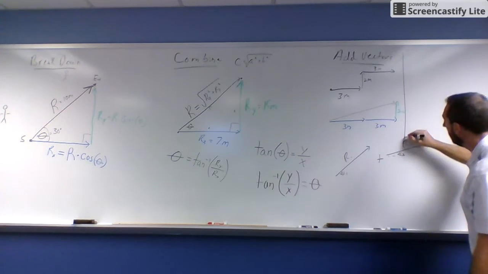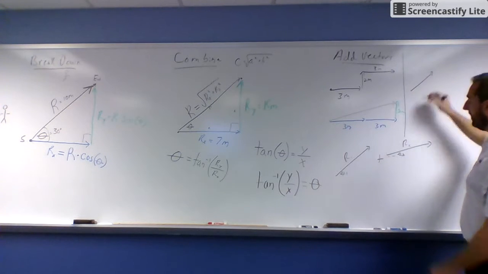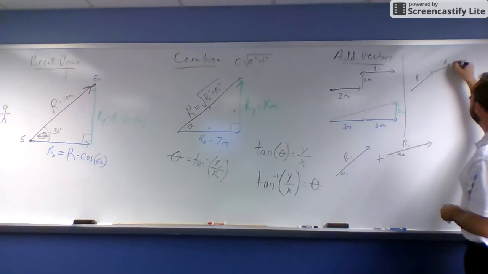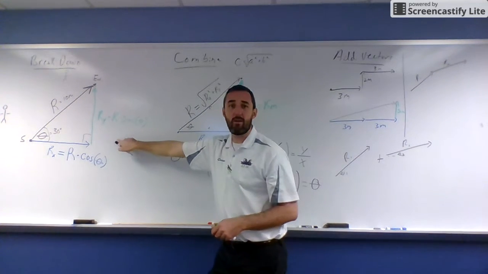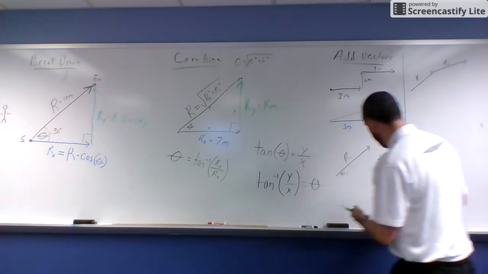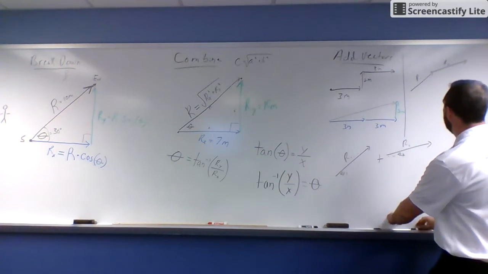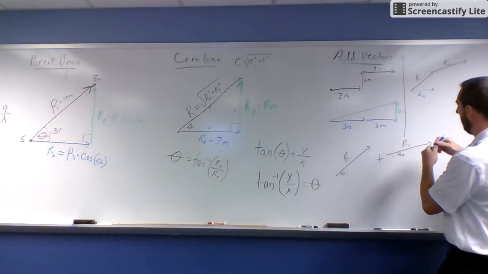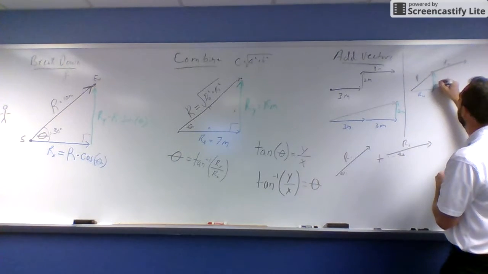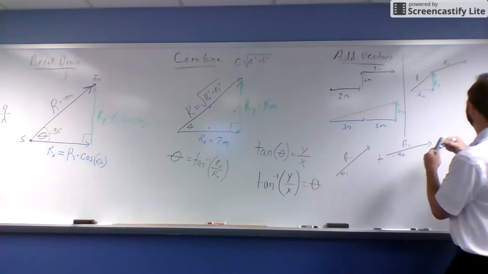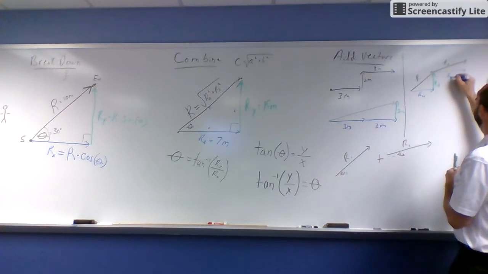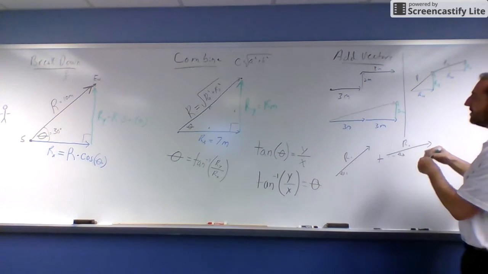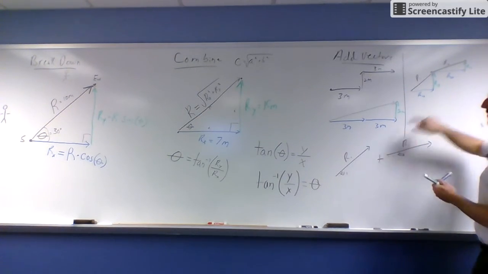So, and forgive me, I'm running out of space. Here's R1, and then here's R2. From breaking down vectors into components, we know we can split these up and say, well, R1 is really R1x and R1y. And R2 is really R2x and R2y. So if we can break down into the components, well, then we can do what we did here and just